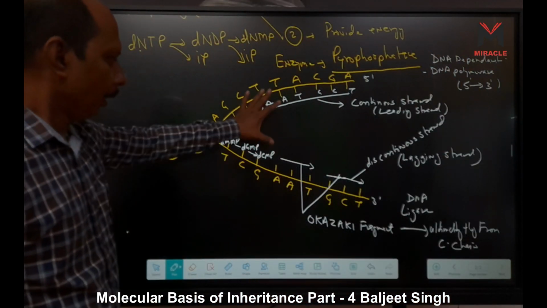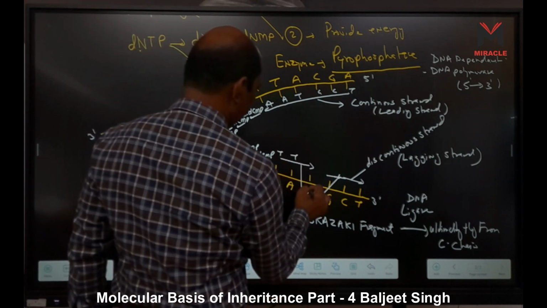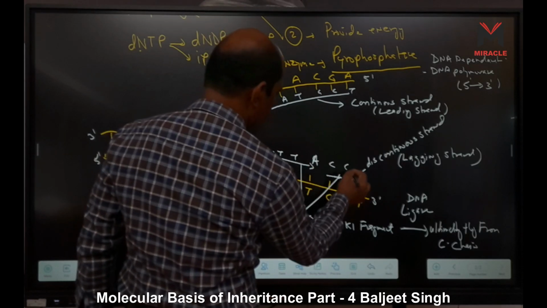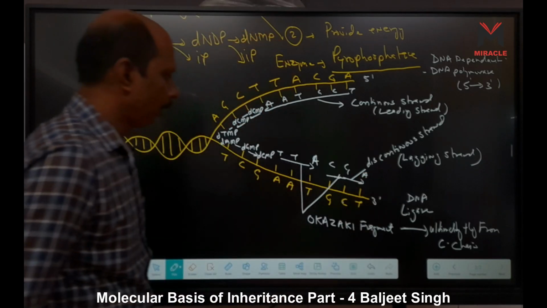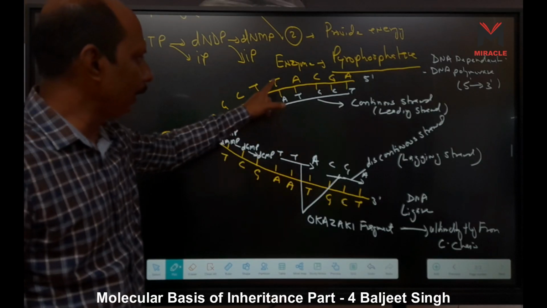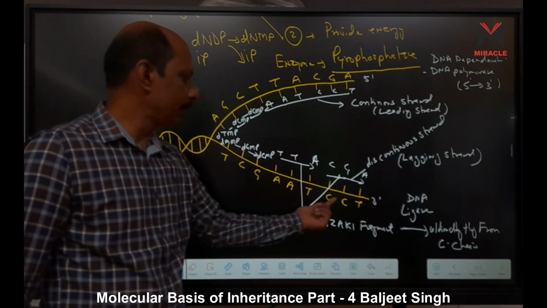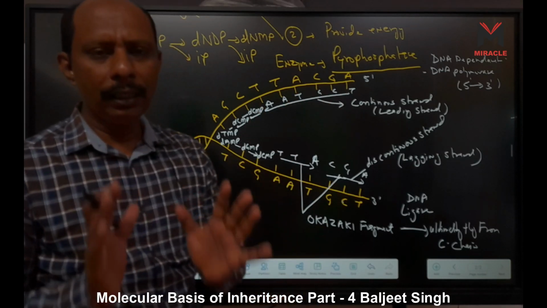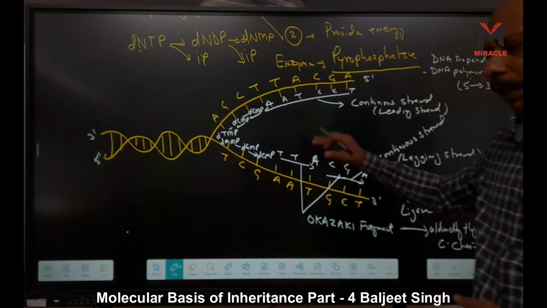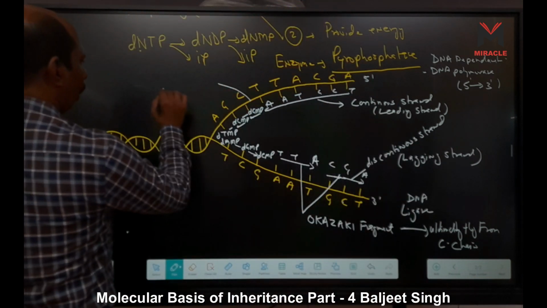So here, when you see, you can understand, because this one is A, T, this is A, T, this is G, T, it is A, right? G, C, C, G, T, A. A strand is formed. When you see this one, that means T, T, A, T, T, A, C, G, A, C, G, A. On both strands, A, A, T, G, C, T, G, C, T, means two identical strands are formed in DNA replication. This one is the parent DNA, the parent strand, or we can say the mother strand,